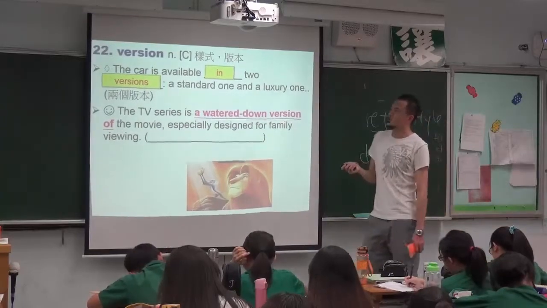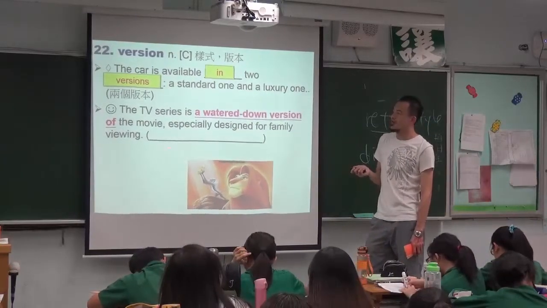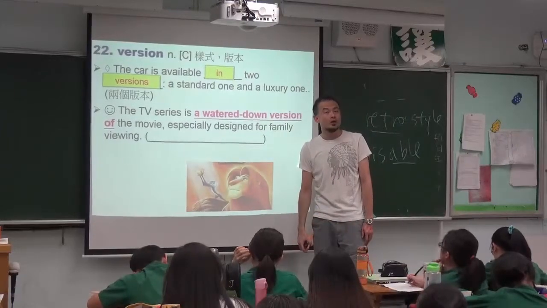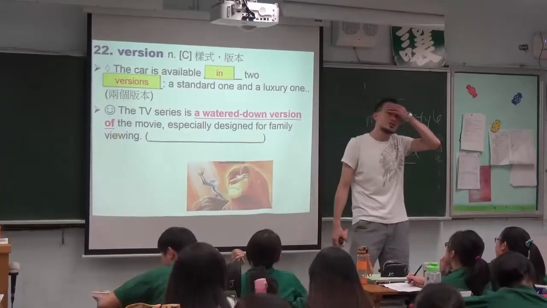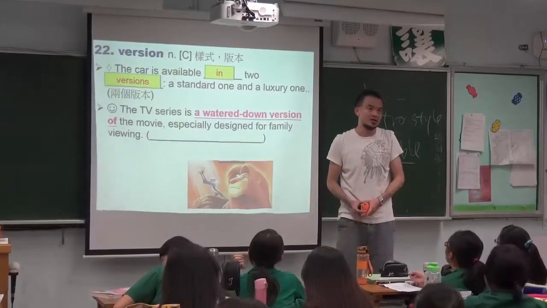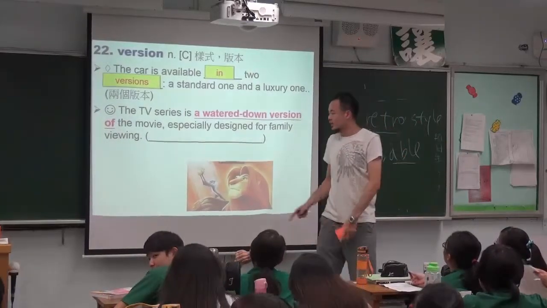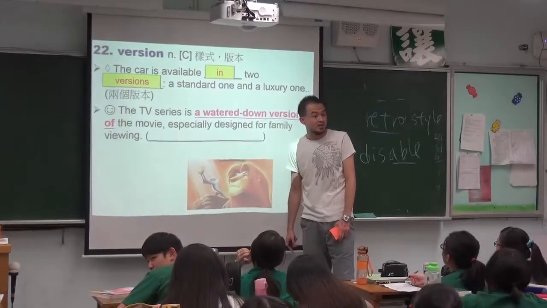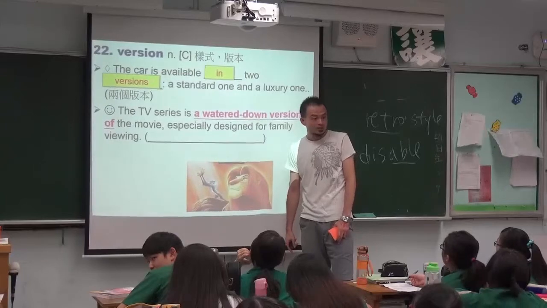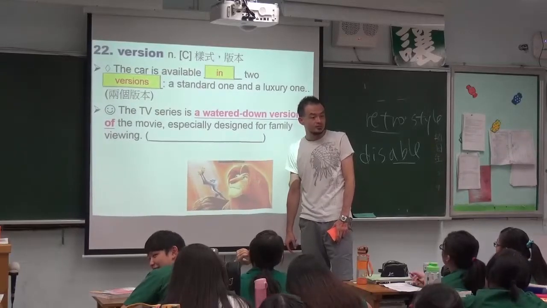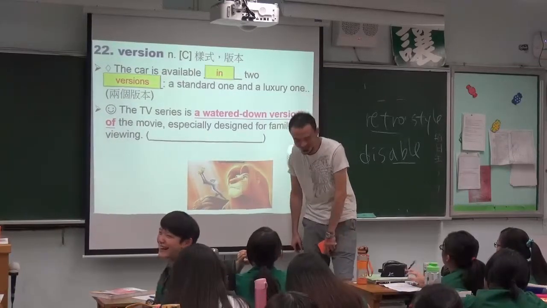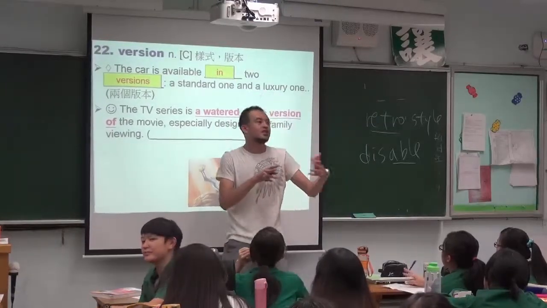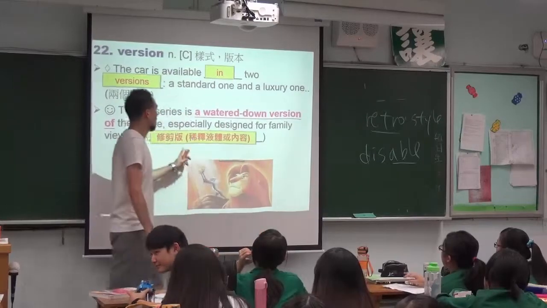The watered down version of the movie, especially designed for family viewing. Like do you still watch Disney Channel now? Yeah, I guess so, right? Yeah, this channel is a joyful channel. So like here, like Disney Channel, there's still not the Lion King version of TV series on Disney Channel. Am I right? 没有。那阿拉丁呢？Aladdin? No. So like here, if you say a watered down version, it means like a lengthened version. Yeah, so like here, watered down means this.